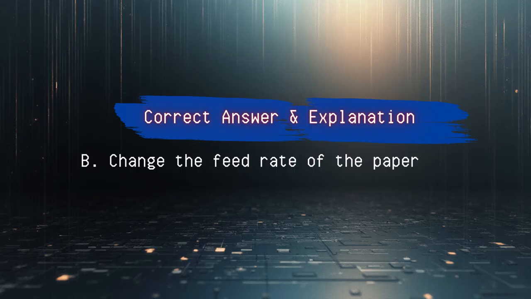When printing on thick cardstock, the toner may not fuse properly, causing smudging. This typically happens because thicker paper takes longer to heat all the way through. If the paper moves too quickly through the printer, the fuser doesn't have enough time to melt and bond the toner. The solution: adjust the printer settings to indicate you're using heavy paper or cardstock. This setting automatically slows the paper feed rate, giving the fuser more time to heat and bond the toner properly.